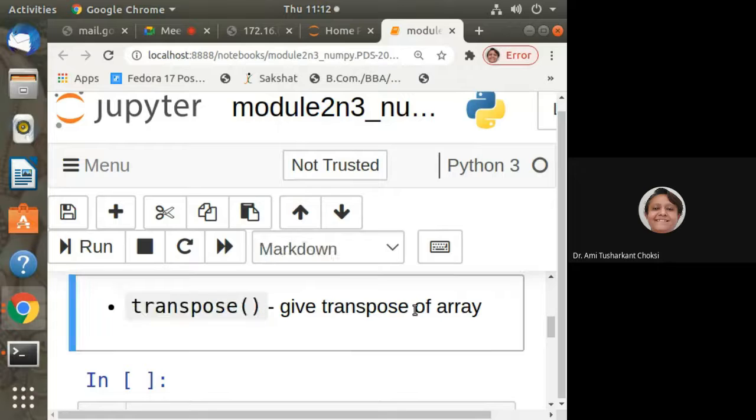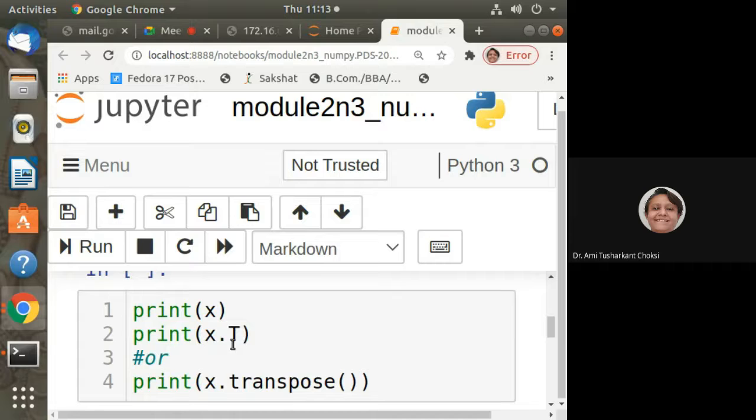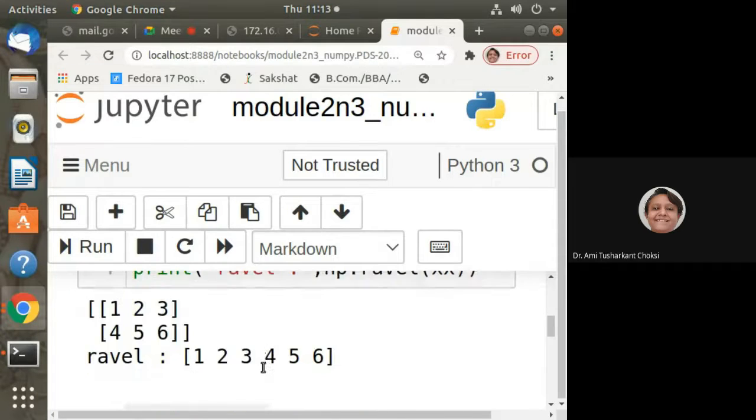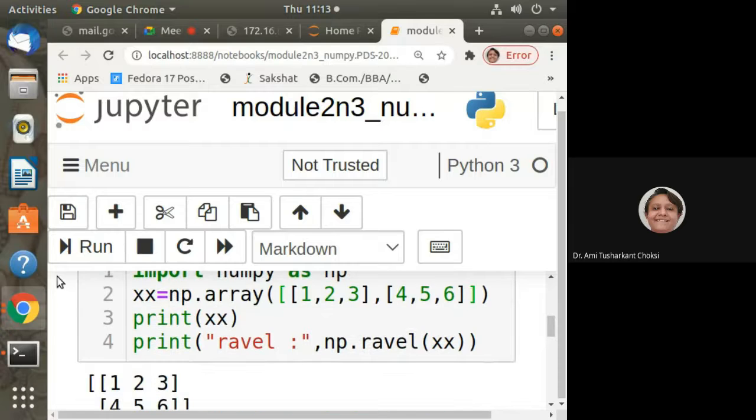Transpose is the method which will give us the transpose of the array. For that, first of all, we are printing x, whatever is already there. Then we'll do the transpose. For that, we can have x.T, or otherwise we have the method x.transpose. Whatever you want, you can take. Let me run. What happened? What was the array name there? Oh, it was xx, right? So x is not there in effect.